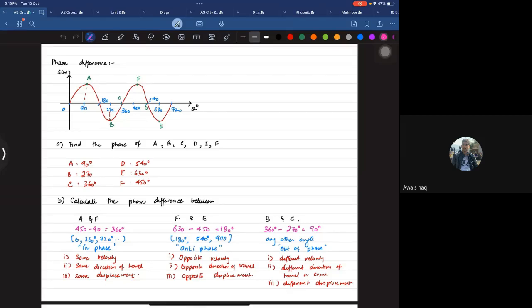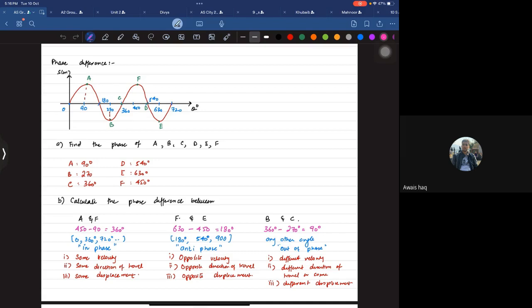Okay, so last time we did phase and phase difference. I said that phase difference means that basically it is the difference of the angle, in terms of position, of two different points, right? Now, I just want to remind you before we go forward that if the phase that you see is